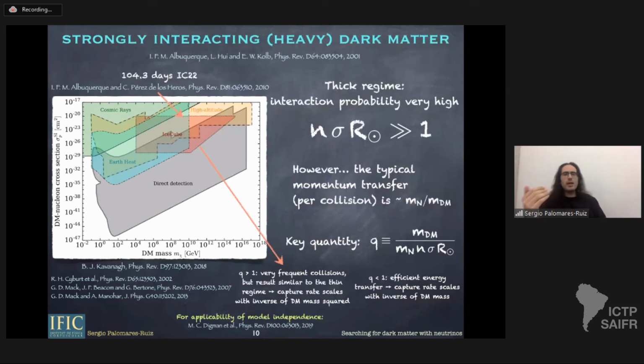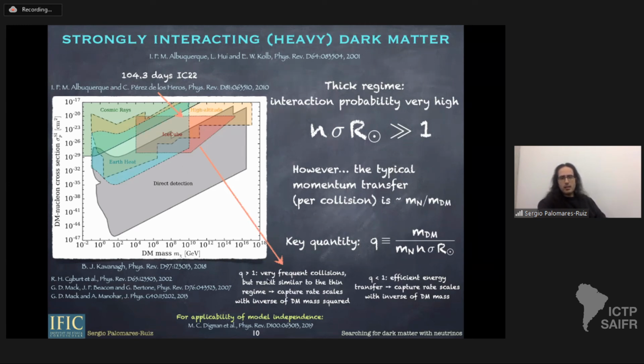If we go to higher masses, we have a lower density, so we need to go to higher cross sections to increase the signal. But then we get into a regime where the interaction probability is very high, so that the optical depth within the sun is very large. However, and that is something important, the typical momentum transfer per collision scales inversely proportional to the mass of the dark matter. So the higher the dark matter mass, the smaller the momentum transfer. So actually, the key quantity to understand the capture process is just the mean free path divided by this momentum transfer. And it turns out that in the region that can be probed by, for instance, IceCube, we are in the region where